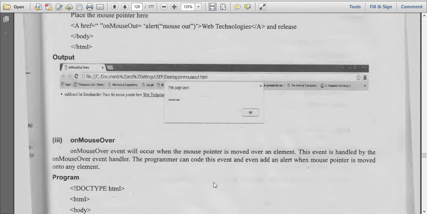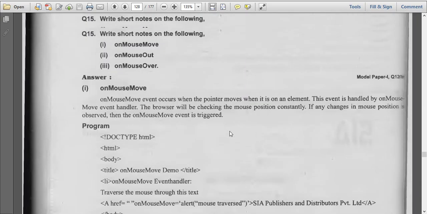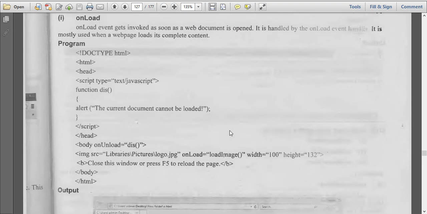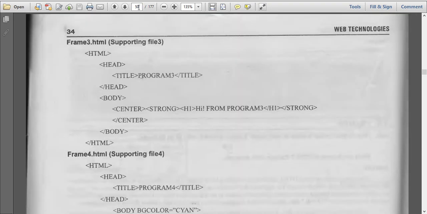So these are all about the fourth unit. We will go through this fourth unit once again, and once we are done with it, from tomorrow we'll start unit 2. We have done unit 1, unit 3 and unit 4. So from tomorrow we are going to start unit 2. Okay, in unit 2 what you have, we'll check it out.